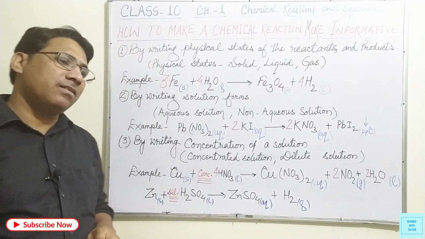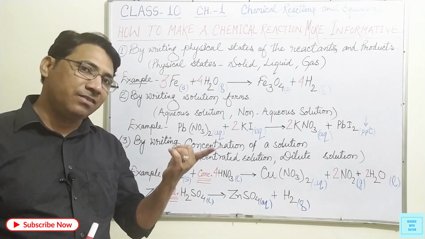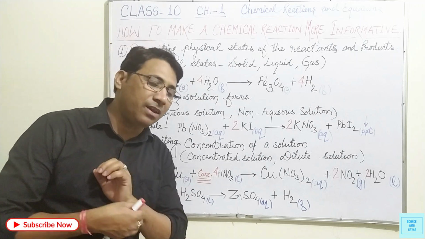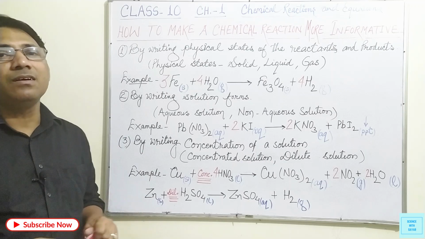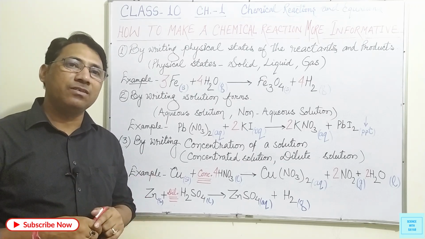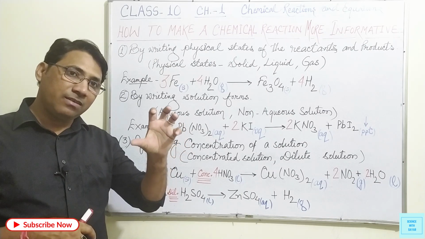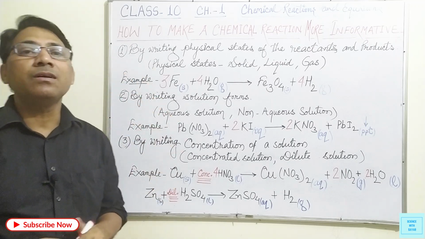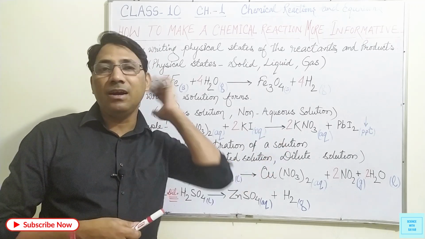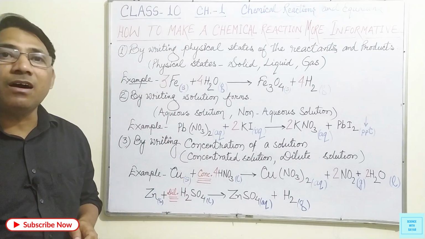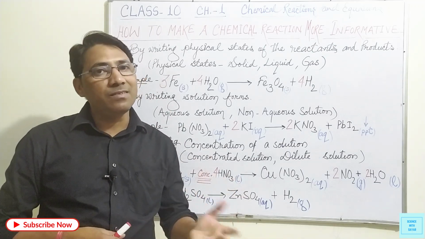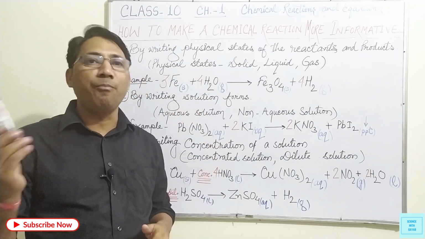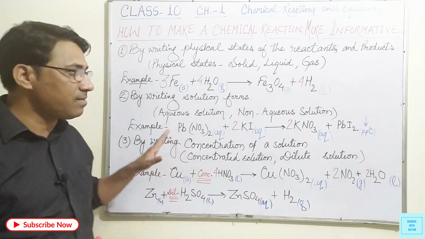If in a chemical reaction we write the physical states, which are solid state, liquid state and gaseous state, the chemical reaction will become more informative. We would also know the states of the reactants and products, whether they are in solid, liquid or gaseous state. So we can write the physical states of the reactants and products to make a chemical reaction more informative. And the example: